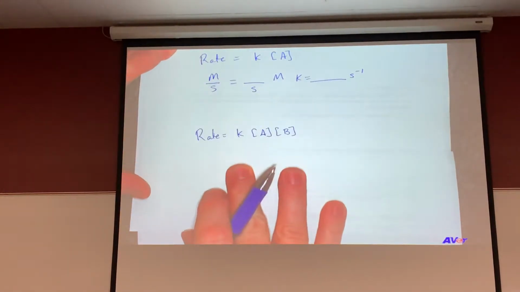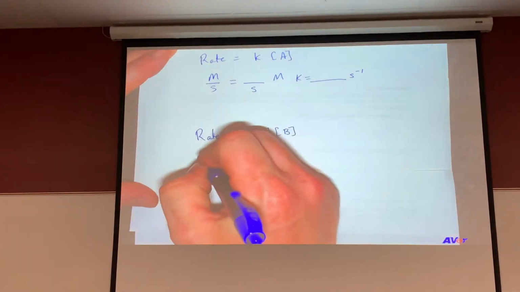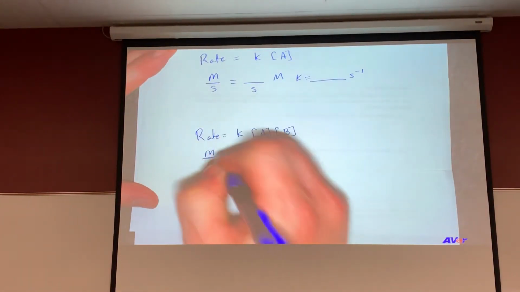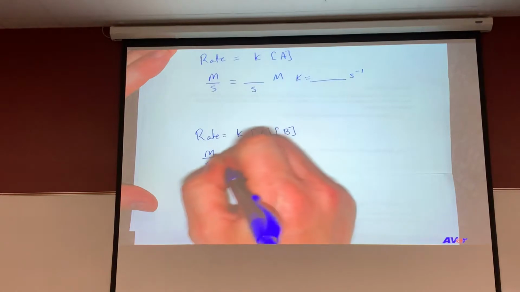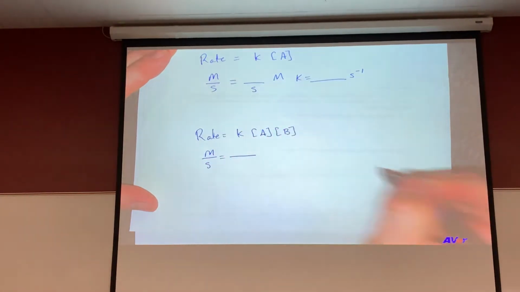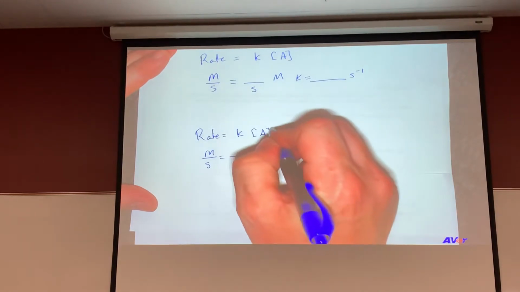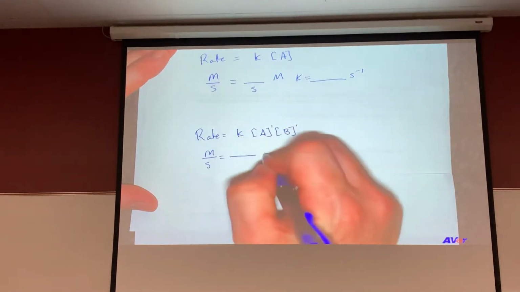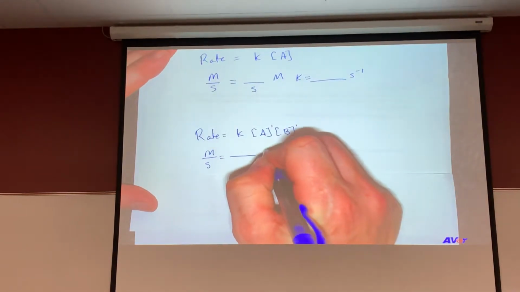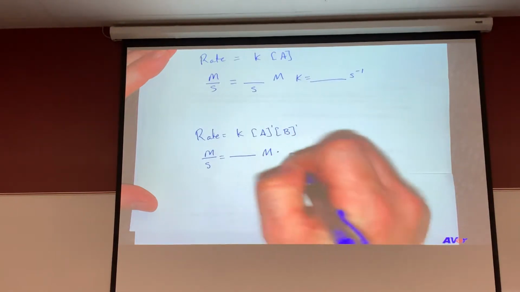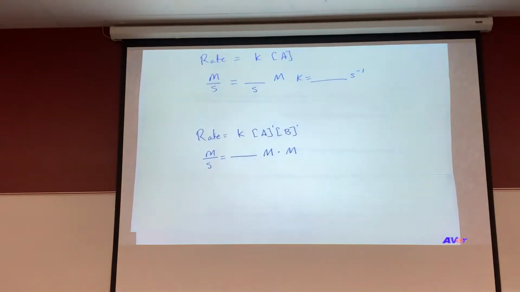Let's go to the second one. If in this case you want the rate to be molarity per second, you need to know the units for the rate constant K, but for A and B, I'm just going to say that the exponents are 1 in this case to make it real easy. Concentration here and concentration here. What do the units for the rate constant have to be to make it this?